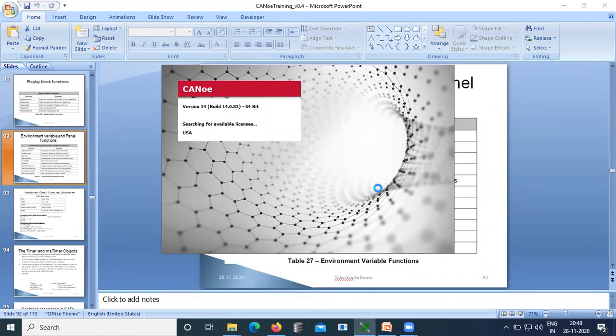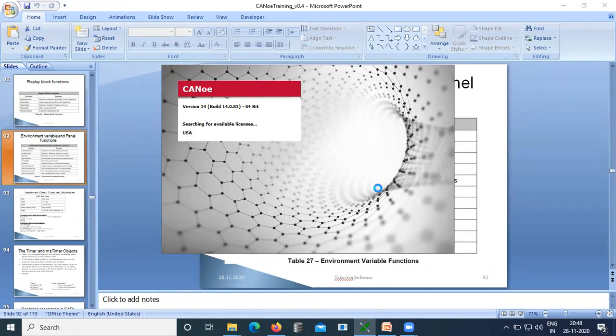Suddenly, if they stop supporting EV variables, those CANoe configurations used in real-time projects will suffer. In order to avoid that, if you already have EV variables created in your database, you can use them, but you cannot create new EV variables now.